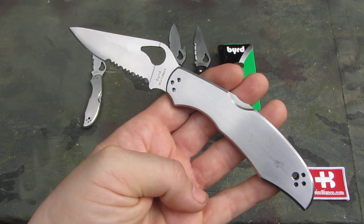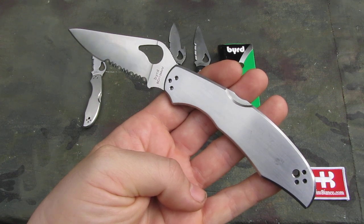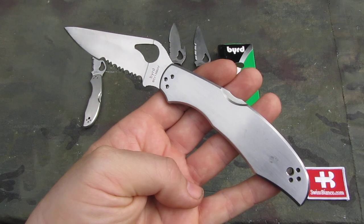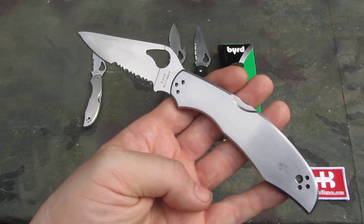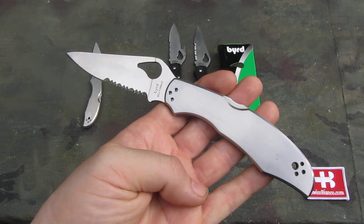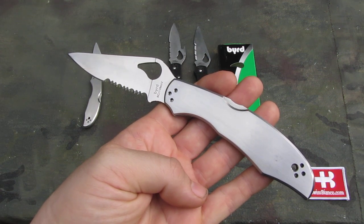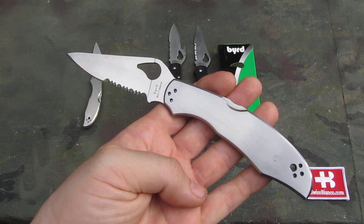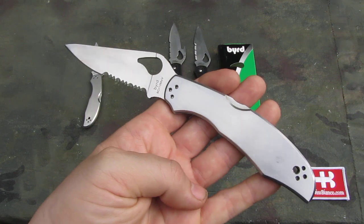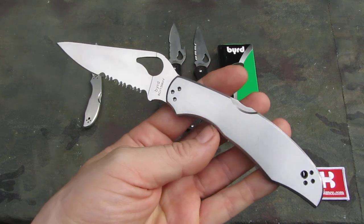The tactical folder craziness was coming up, so that people recognized that you could actually open a knife blade with one hand and close it again too with one hand, and that you have a pocket clip on the knife and all that. And so the first versions that we got in Switzerland of the spyderco brand were basically what we see